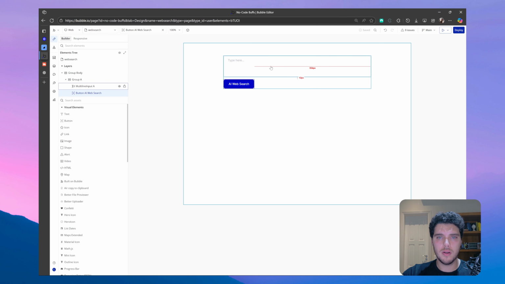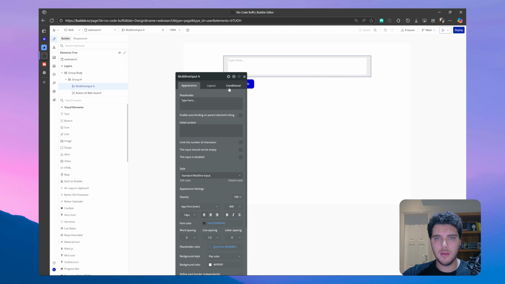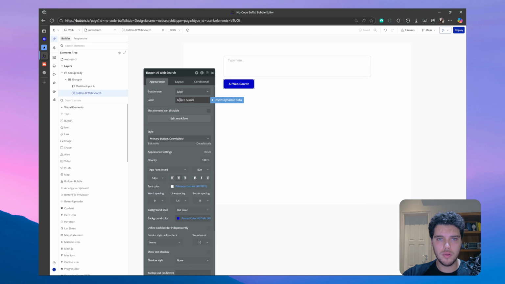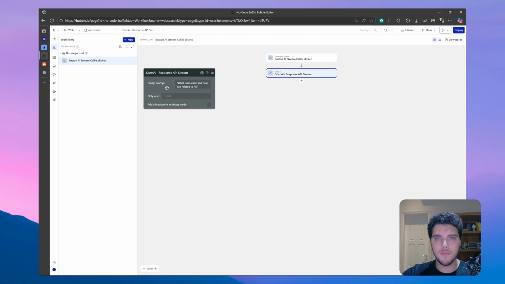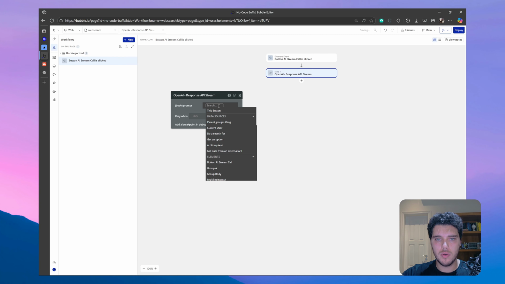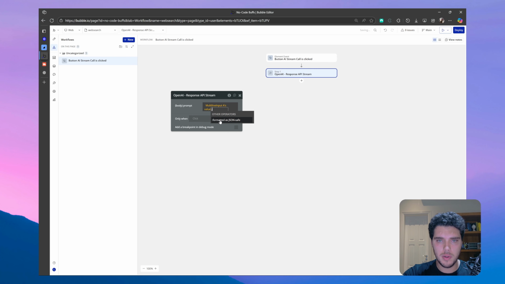I've set up here a really quick multi-line input with an AI button. We can rename this to AI stream call. And so we can edit the workflow for this button and find the OpenAI Response API stream, okay? Now our prompt here will be whatever we have on the multi-line input, and we want to make sure that